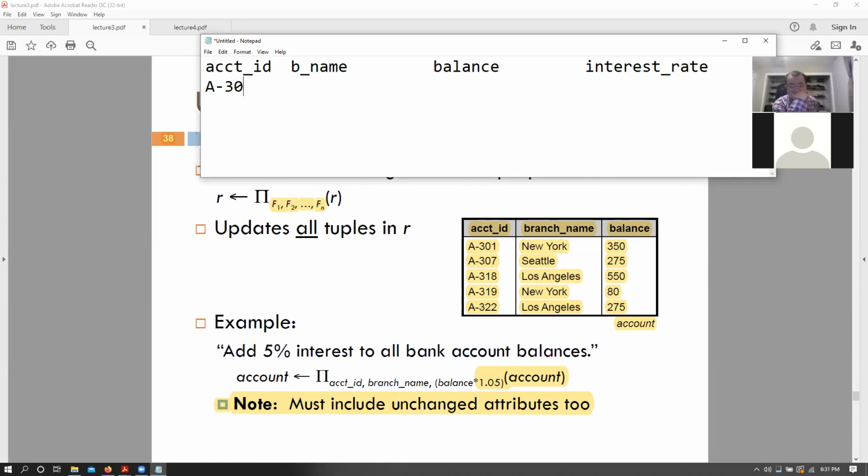So let's say A301 has a branch name of, what was it? New York, has a balance of 350. I can't be bothered to compute that. Let's just say 100. And let's say it has an interest rate of 5%. And let's say that A307 is in Seattle, has a balance of, again, 200, don't mind me, and let's say has an interest rate of 2%. So let's say that I want to update my table such that my new balance column